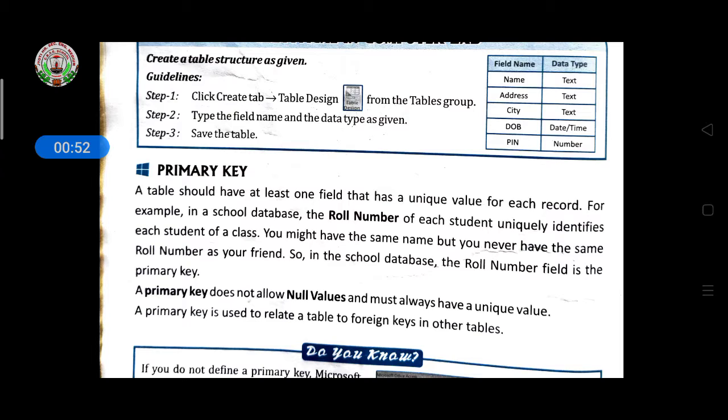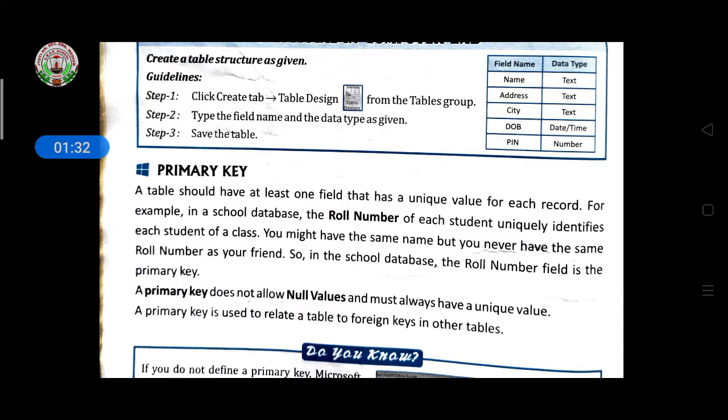In the last class we discussed the data type. Data type means which type of data you want to fit in that particular field. At that time, you can select whether to set that field name as a primary key. If you select a primary key for a particular field name, then the data or number you enter should not be repeated. If the number is repeated, the column will not accept the repeated number.